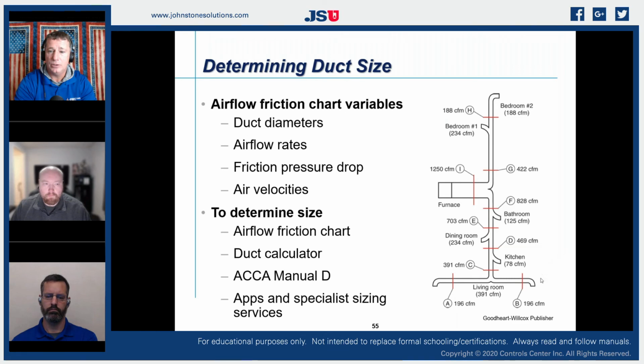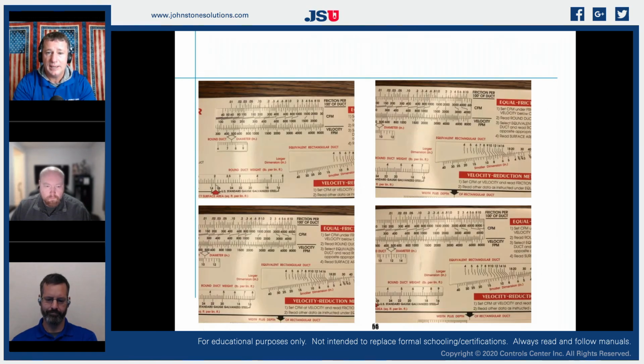If I go to my charts again now, 469 CFM at a 0.1, that would be our bottom left. 461 at a 0.1 is going to give me an 8x8, just over 8x11, which means that's an 8x12. So I've been able to transition from an 8x18 to an 8x16 to now an 8x12 to run these last